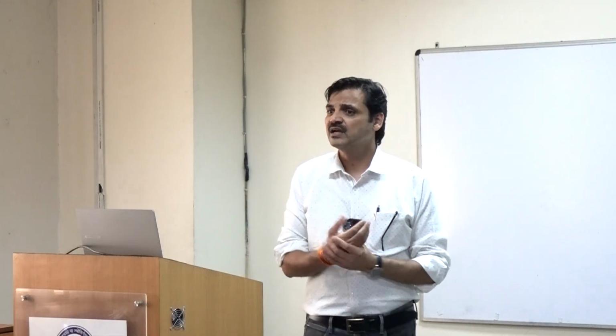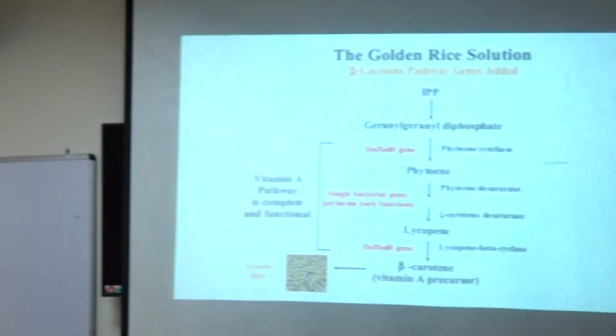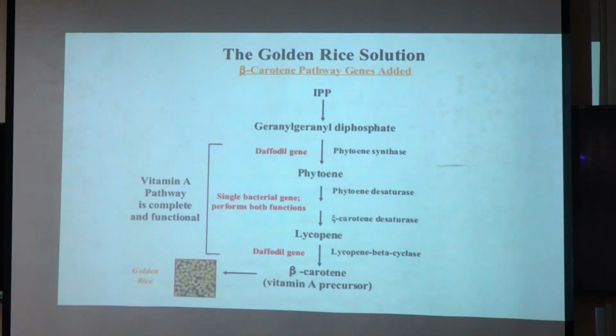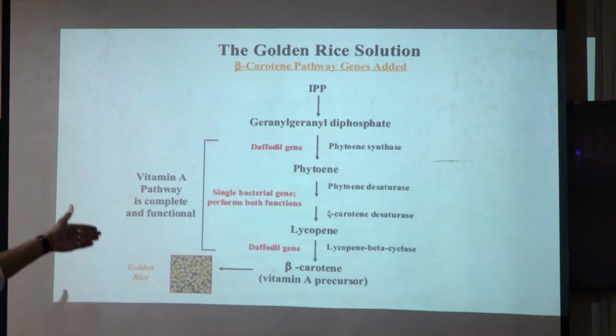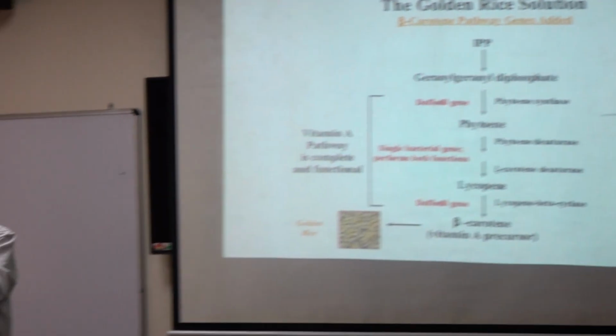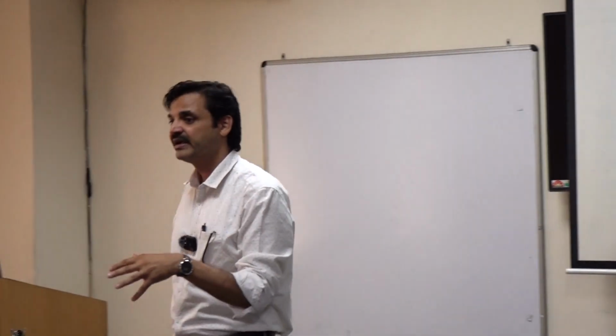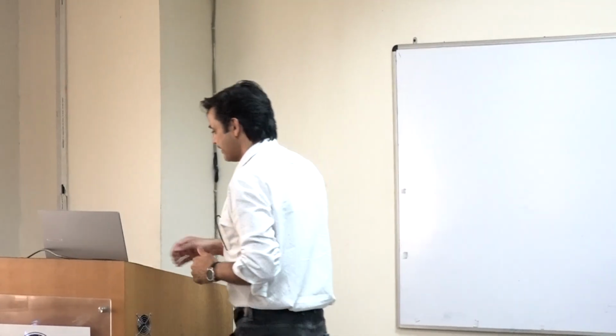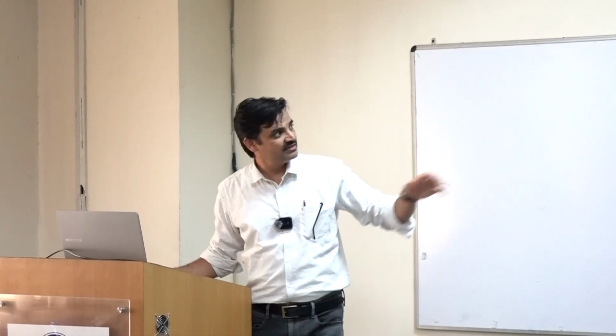So vitamin A. So they eat saag, green vegetables, they have the vitamin A, because they have this pathway. Rice is not having it. So what was done? Few genes, the red ones, were cloned into rice from outside, and the vitamin A biosynthetic pathway was engineered so that beta carotene can be made. That was the effort.